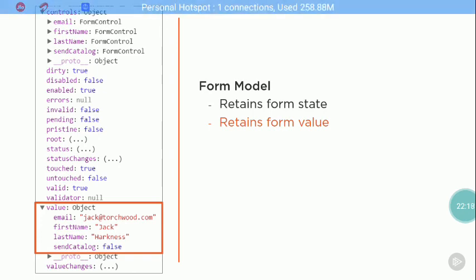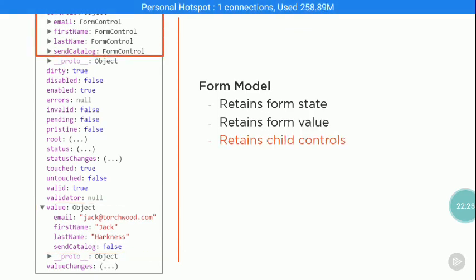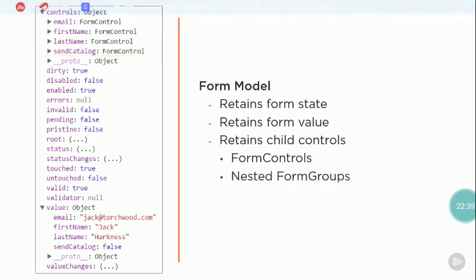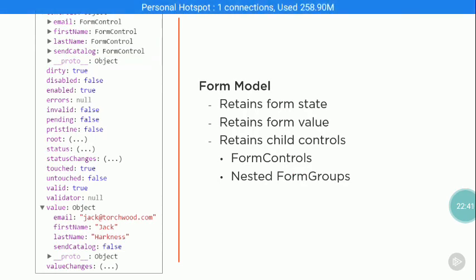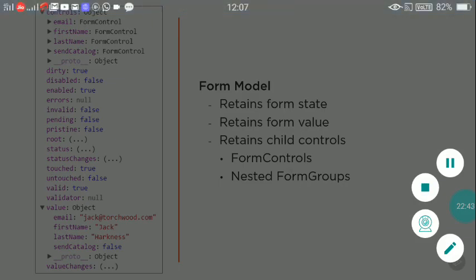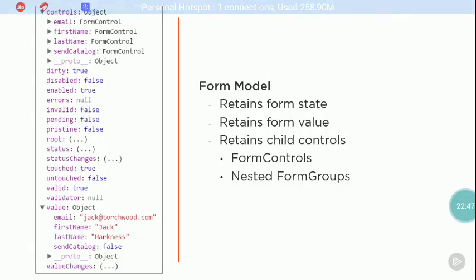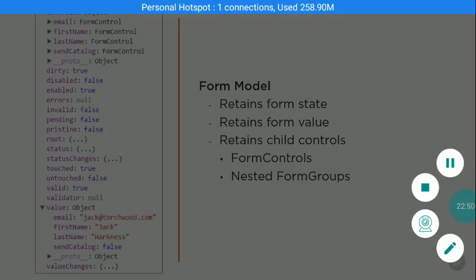As the user types into any input element on the form, the value property is changed accordingly. The form model also tracks all of the form controls and nested form groups within the form, along with their state and value. Don't confuse the form model with the data model that we use with data binding. We'll see both the data model and form model when we get to the demo. We use these properties